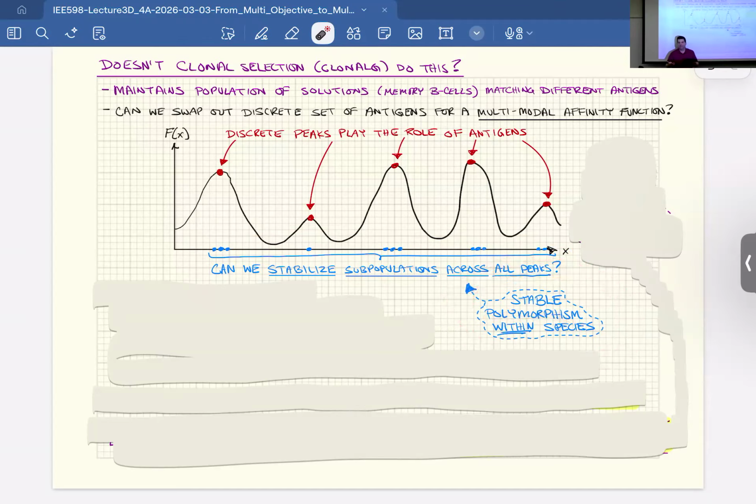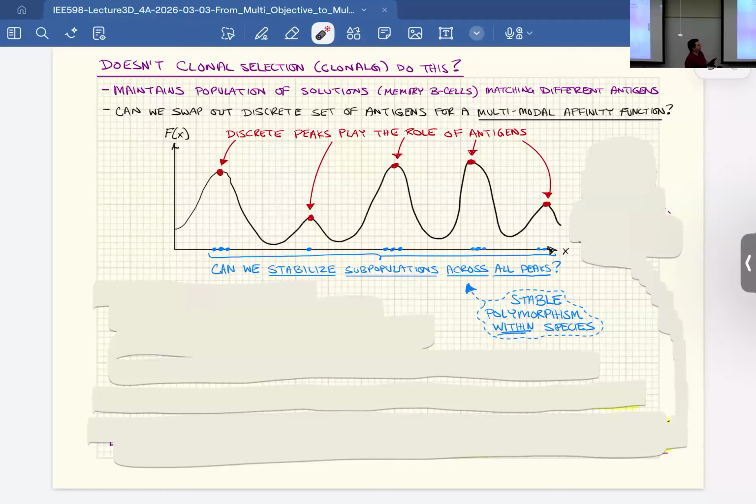It's not being used in the programming sense, but in the ecology sense, or the biological sense. A polymorphism within a species is the stable subpopulations of different traits within a species. So there's a coexistence, like you have blue eyes and brown eyes. You have a bunch of individuals with blue eyes, a bunch of individuals with brown eyes. So that's a polymorphism. Not everybody converges all to brown eyes or all to blue eyes.